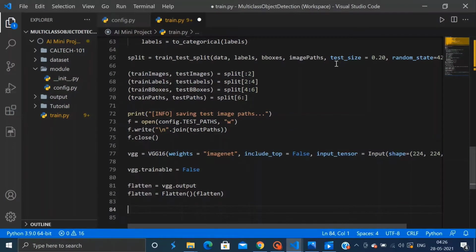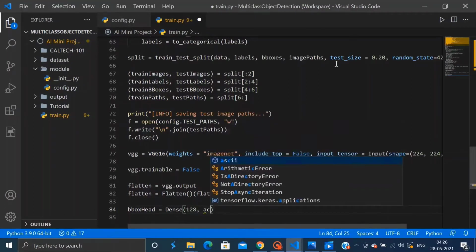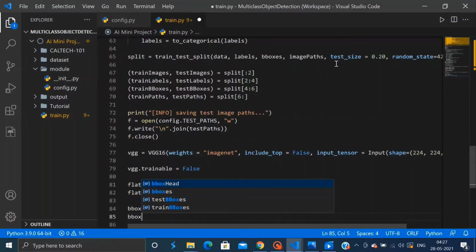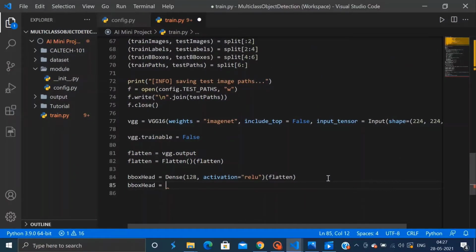So speaking of constructing the new layer head, let's do that now. We will take advantage of the TensorFlow Keras functional API and construct two brand new branches. The first being the B-box head or the bounding box head, which is responsible for predicting the bounding box XY coordinates of the object in the image. So this branch will consist of 128, 64, 32 and 4 nodes respectively, and it will be a fully connected subnetwork.